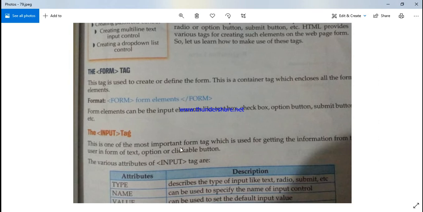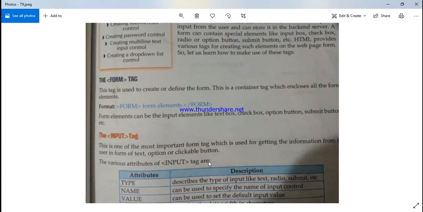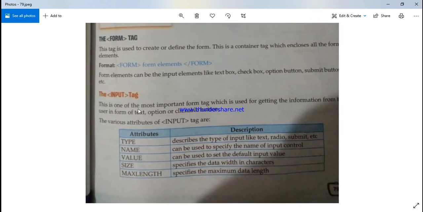Now the next tag is the input tag. It is very important. The input tag is one of the most important form tags, which is used for getting information from elements. The various attributes for input tags are type, name, value, size, maximum length. Type describes the type of input like text, radio and submit. If you want to apply text on the form, you can take text. If you want a radio button like checkbox and radio button, you can